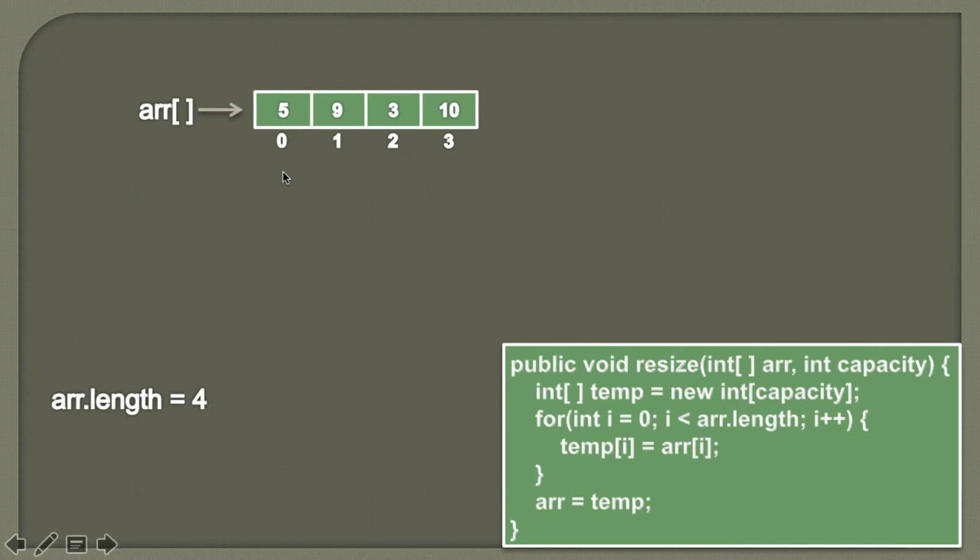And if you want to add more elements, we simply call this resize method by passing in an array, and we provide a capacity that says how many elements you want when the resize is done. So let's say we call this resize method by passing in the array, and whatever the length we have, let's say 4, we simply want to double the length, so we pass the capacity as 8. So now this method will be called with the capacity as 8, and by passing this array.